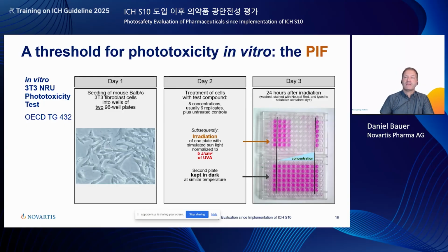You're seeding these 3T3 fibroblasts. On the next day, you treat them with a compound on 2 plates. One plate is getting irradiated with a standardized simulated sunlight dose normalized to UVA. The other plate is kept in the dark, and then you just compare these 2 plates. And if you see an effect like on the right-hand side, that this neutral red uptake is limited because the cells are dead, the staining doesn't happen. You see in the upper part these colorless wells. So these cells died because of irradiation, so the compound was phototoxic,